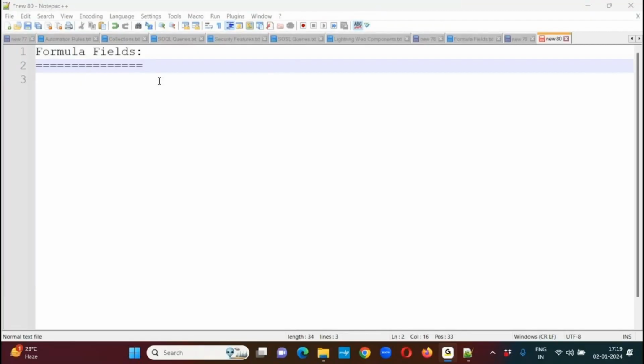In today's session, we are going to discuss formula fields. We have to understand what exactly a formula field is, and how we can configure formula fields in Salesforce,